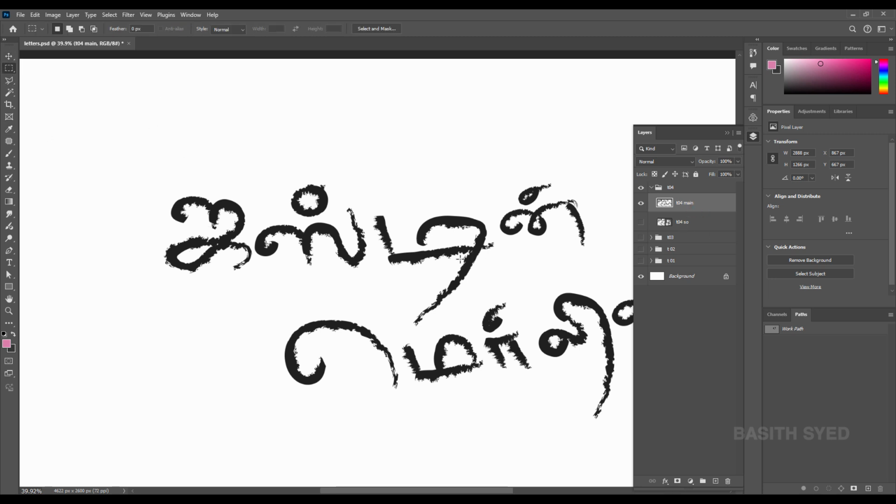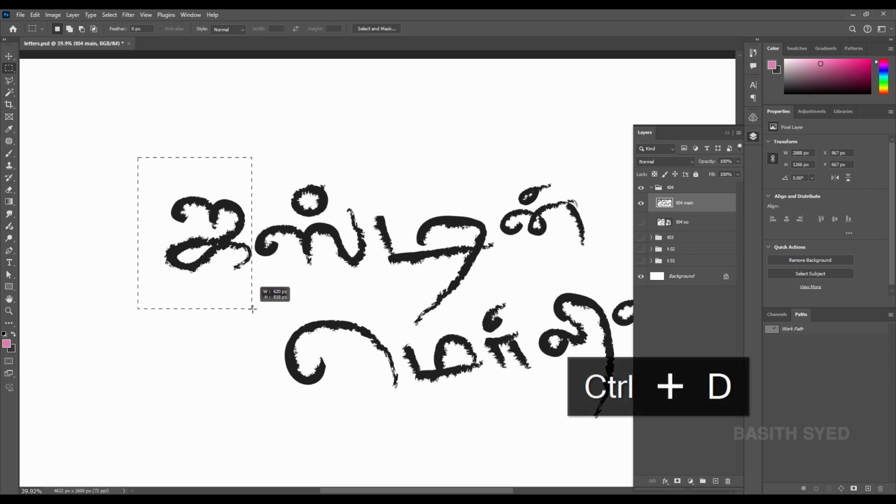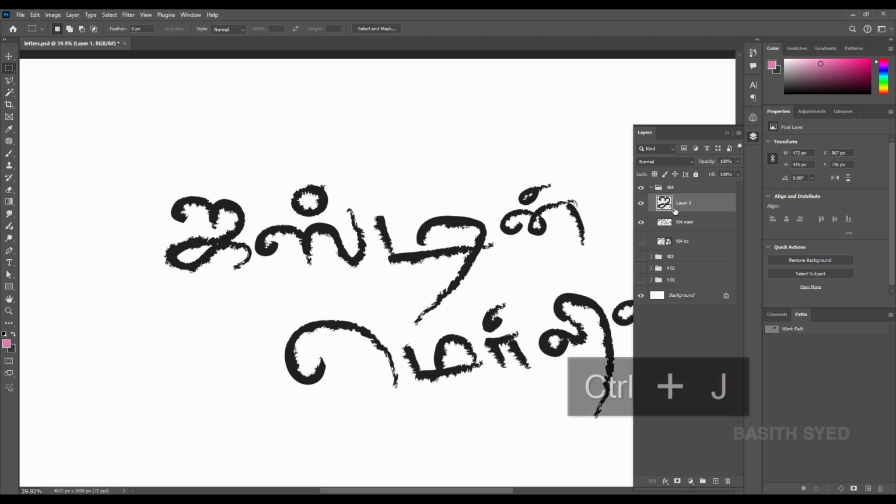Just separate this letter since it's gonna come really fast, so it doesn't need to be really perfect. So let's just separate the letters. Copy this 304, press L,